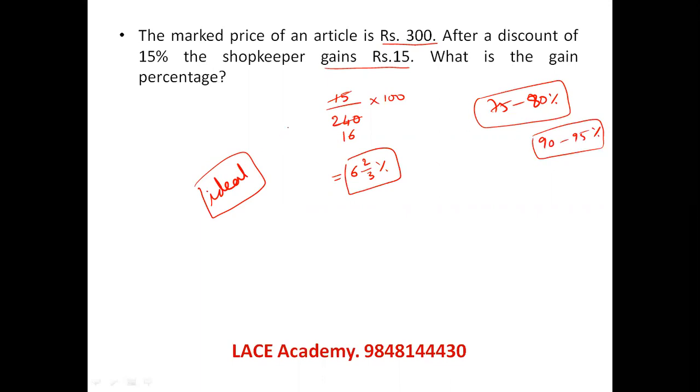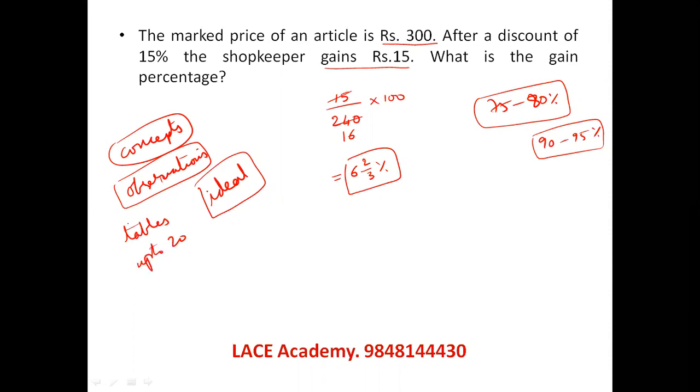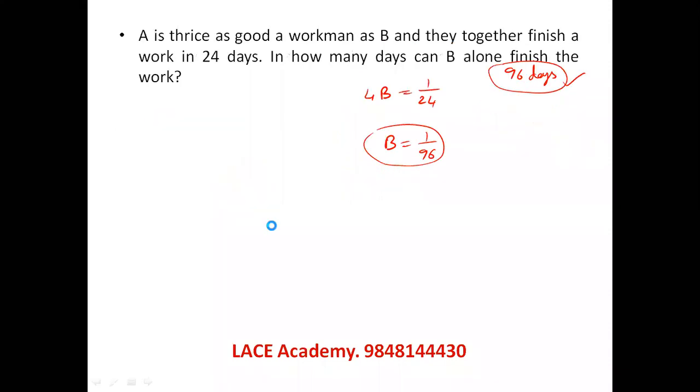I'm not asking you to run as fast as I am, but you can match up to 75 to 80% of the speed. What is needed for making a person fast in aptitude? First thing, knowledge of concepts. The most important thing is knowledge of concepts and basic observations which the examiners obviously test. And then your basic tables knowledge, multiplication tables up to 20. If a person has these three, nobody can beat him or her in quantitative aptitude.